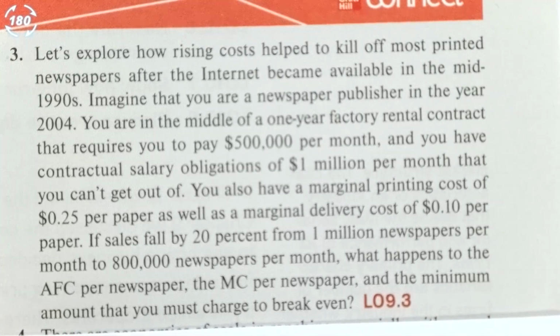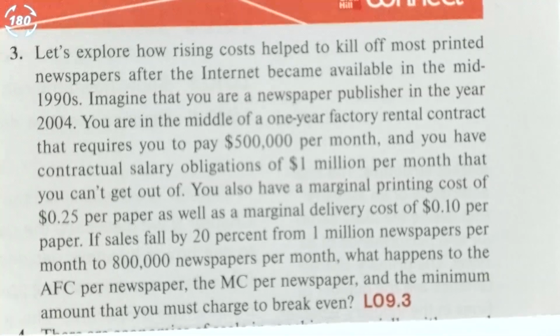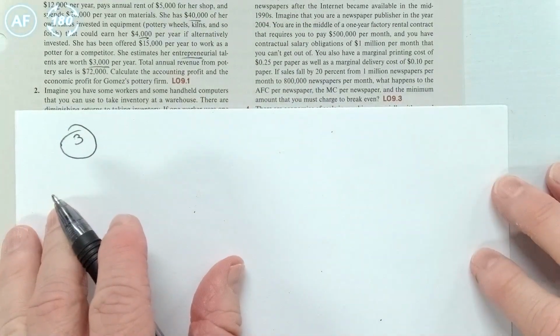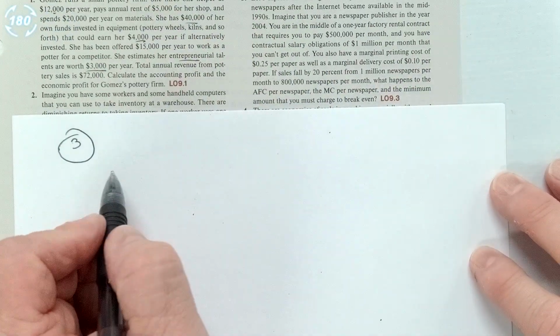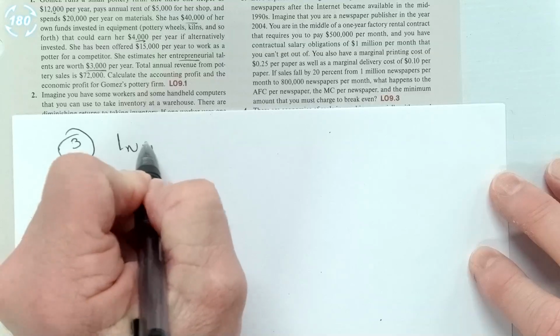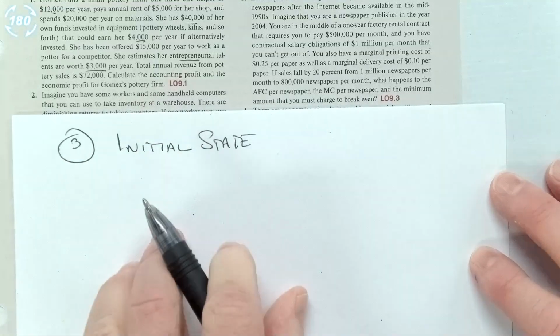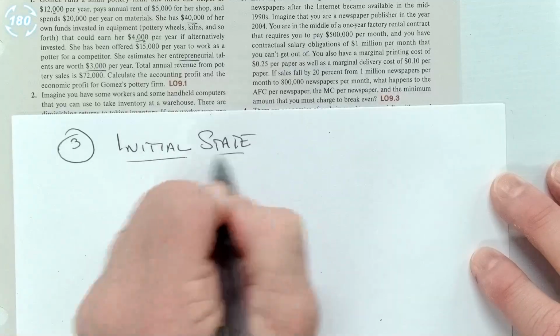So you've got to spread that fixed cost over fewer newspapers, right? So the average fixed cost has got to go up. All right, so we have here, we could call it an initial state. Let's just call this an initial state. So with the initial state here, you have a total fixed cost